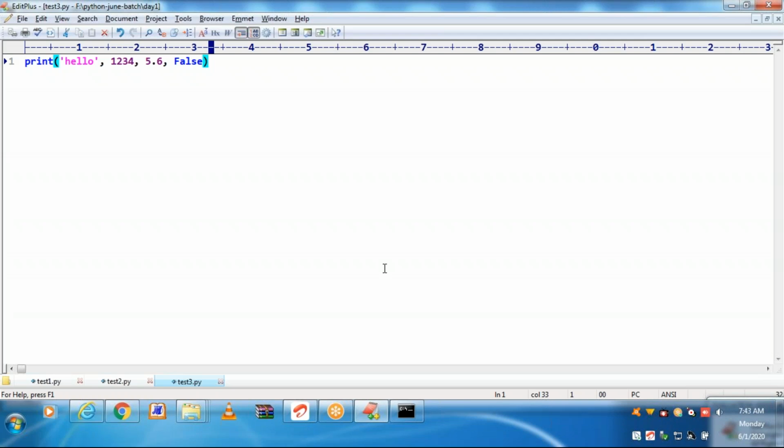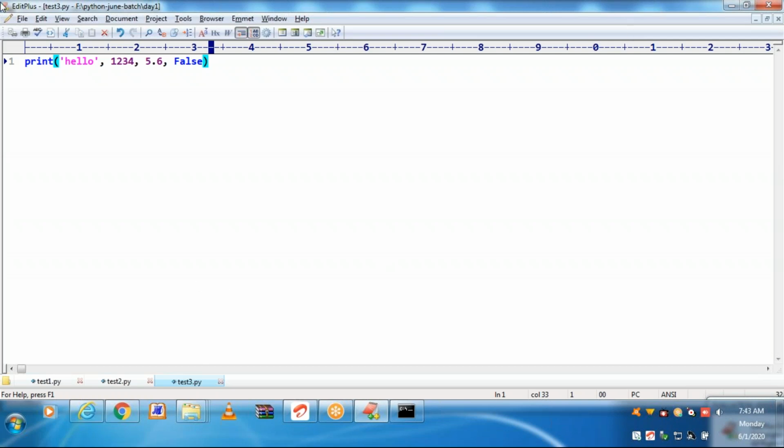Even order: you don't require to supply first a string, second an int, third a float, fourth a Boolean. You can supply in any order. Based on your requirement, you can. This is one way of printing multiple values in the same line.